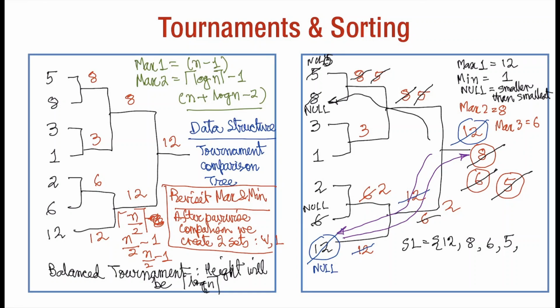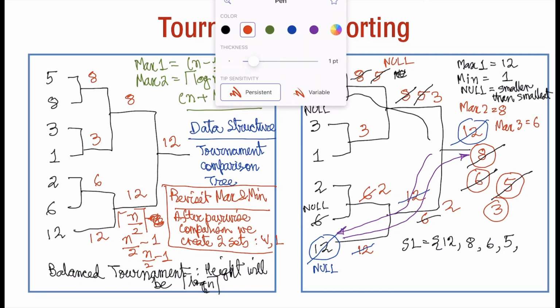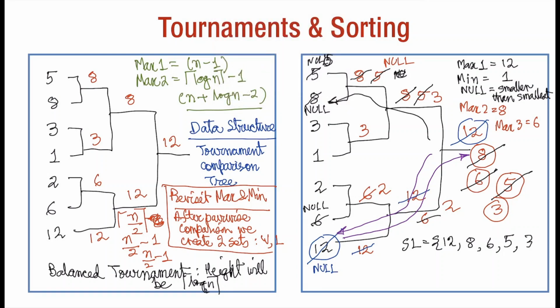And if we replace 5 by null, we get null here, we get null here now. And after we get null here, we get 3 here. And with 3 and 2, we get 3. And so the next element in the list is 3. And once we have got 3, we again delete 3, take this, make it null,